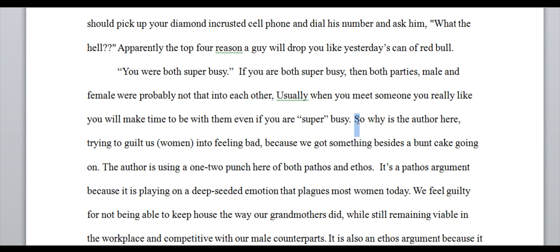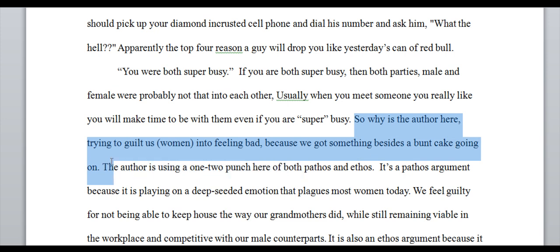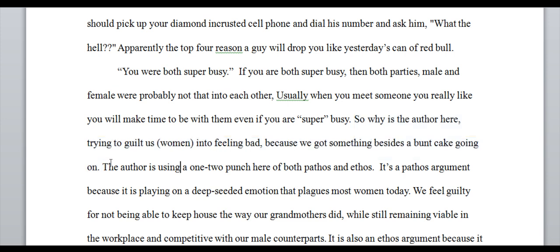Here she's really including a lot of personal response to the issue that really should stay out of this. Now here she's demonstrating some understanding of the concepts, pathos and ethos. Okay, that's great. But for this paper, it's going to be improved if this goes up into this position where the topic sentence should be. So it sort of sets a focal point for the reader. It says, look here, we're talking about this right now. Those of you who are parents might have used this technique from time to time.